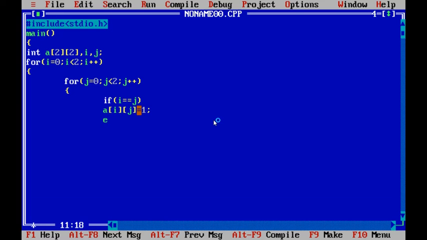Otherwise, else, a[i][j] = 0. This is a simple program. By using these for loops we are assigning, initializing the values to the array elements.